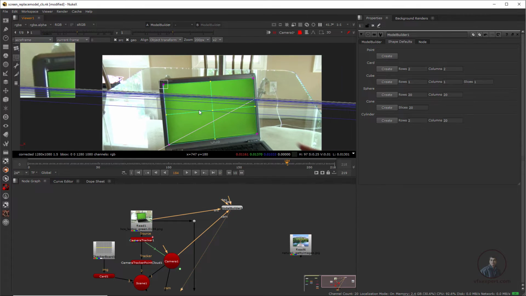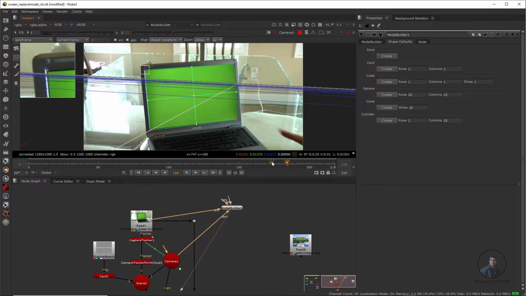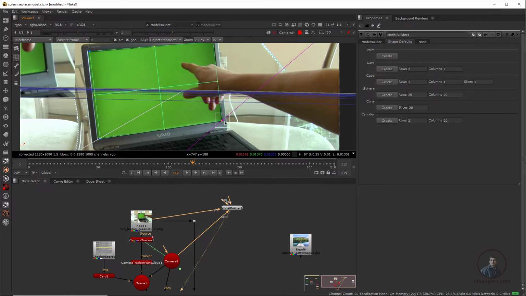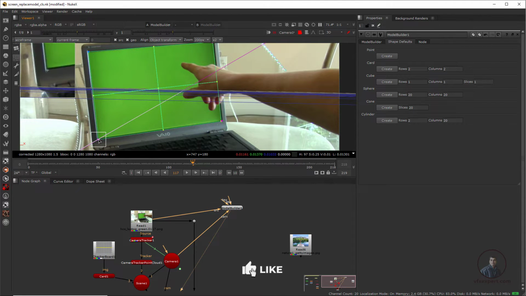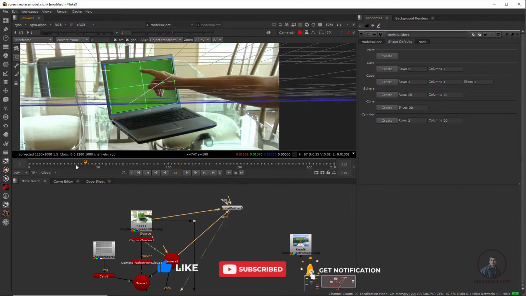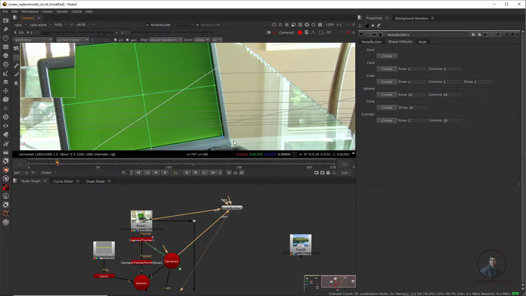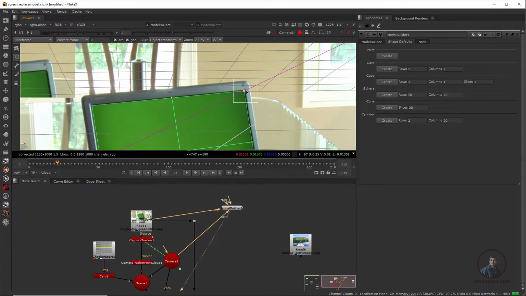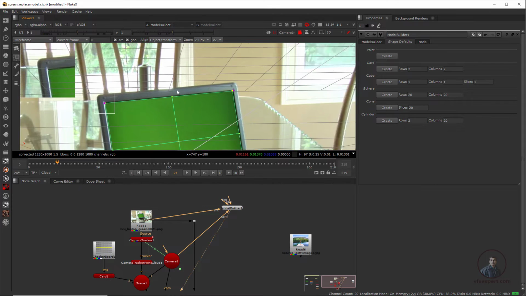So here I have matched this one. Then after this we have to move our plate. So here you can see, we simply have to adjust these points here. So this will automatically match your perspective here. Remember this one, this is only for reference. So actually this is matching your perspective here. Now again check other points or frames. This is not animating, this is just matching perspective and position also.